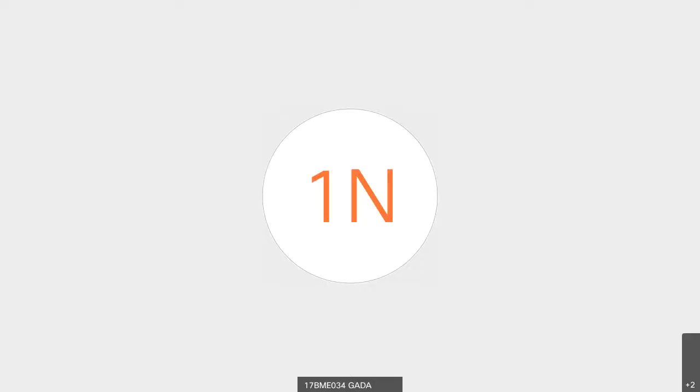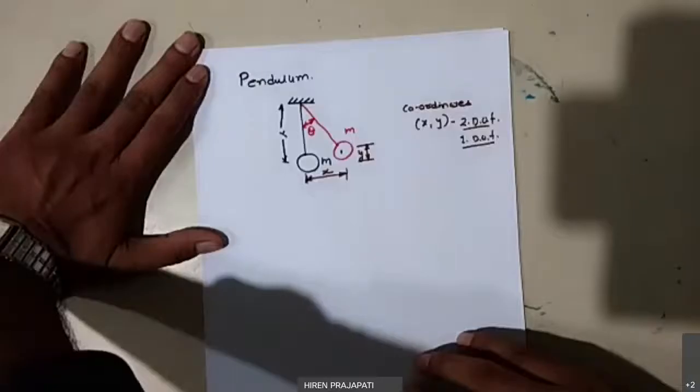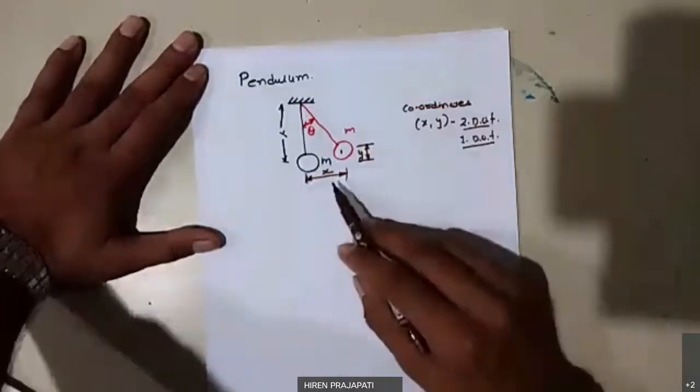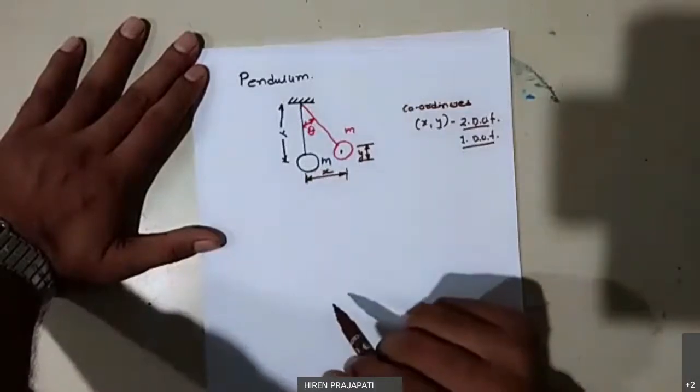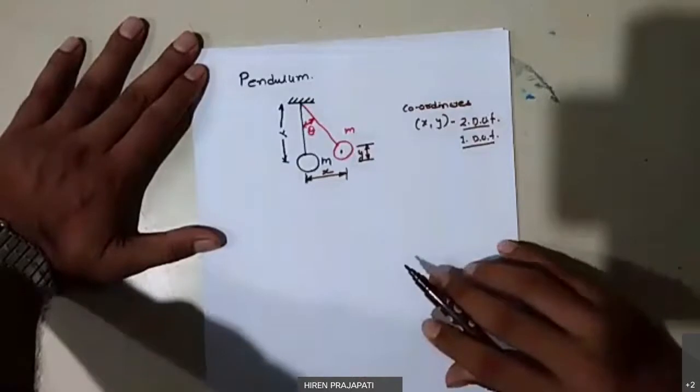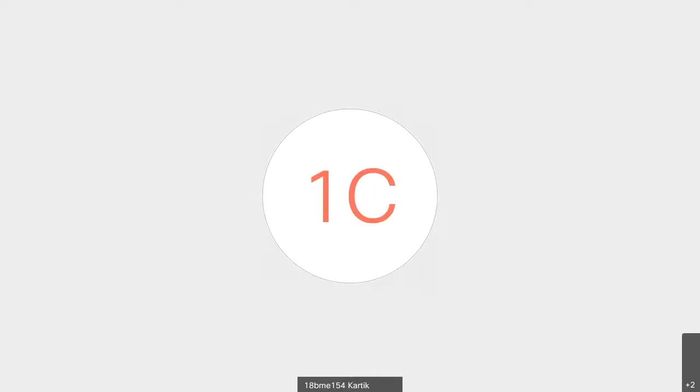Sir, because it just has one endpoint, it is attached to one point over the top, and it will just move around its axis only. But I require two coordinates x and y to represent next position of this mass. So if two coordinates are required, then yeah. Because its angle of theta inclination is specified by a single number only.